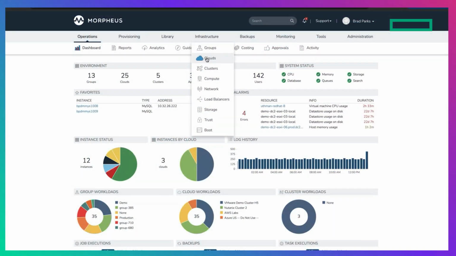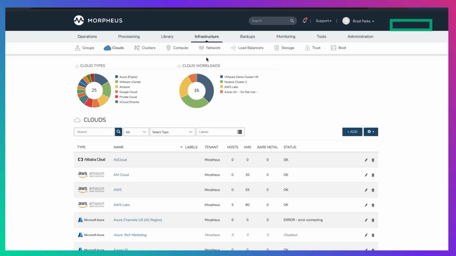Now that we've shown you how easy it is to provision a workload, I want to peel the onion back and show you a couple of other aspects of the platform, just so you understand the deeper connective tissue. When we were provisioning, we had the ability to provision into different clouds that I had attached to Morpheus. So it could be VMware, Nutanix, OpenStack, others. I want to show you how easy it is to actually add those clouds.